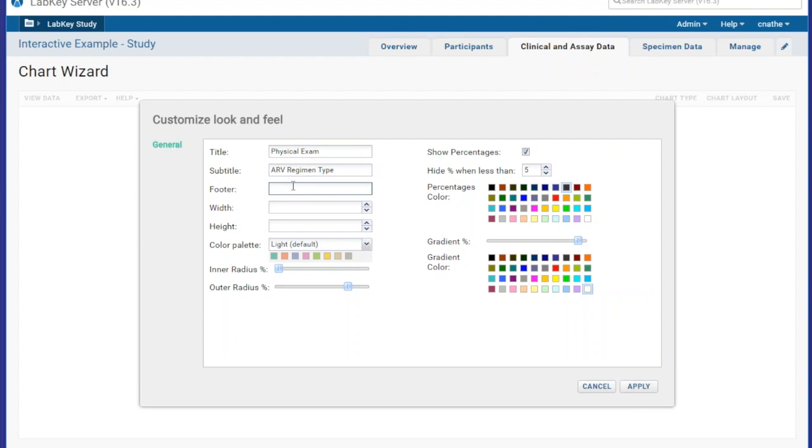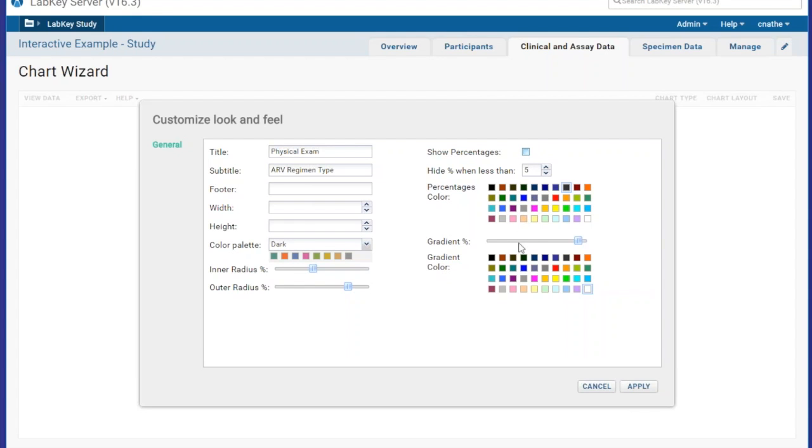The subtitle and footer options can now be added, or text can be added to display on the chart itself, along with some settings for changing the color palette of the selected categories for the segments of the pie chart itself, various different settings for inner radius, outer radius of the pie chart, along with the gradient color, and settings around whether or not you want to show or hide the percentages, the values themselves for the individual segments of